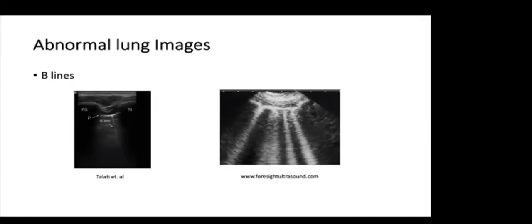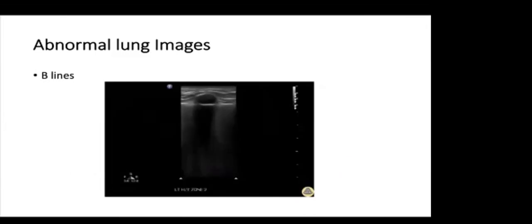B lines should be from 10 to 15 centimeters long. Therefore, it's easier to confirm than by a curvilinear probe image. Shorter comet tails are called Z lines and are just artifacts. Here we can see B lines in a linear probe on the left and curvilinear probe on the right. Here we can see a video with B lines around the hip and its shadow. We can see them. Note how long they are.